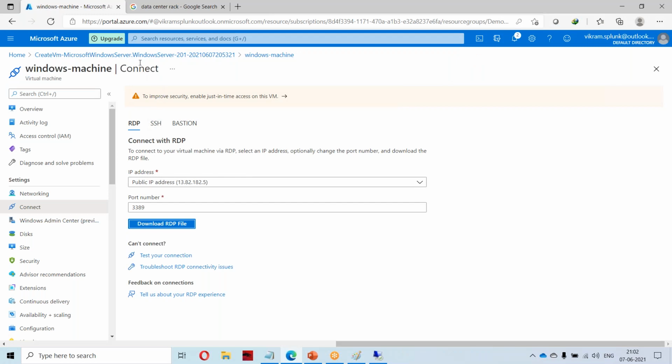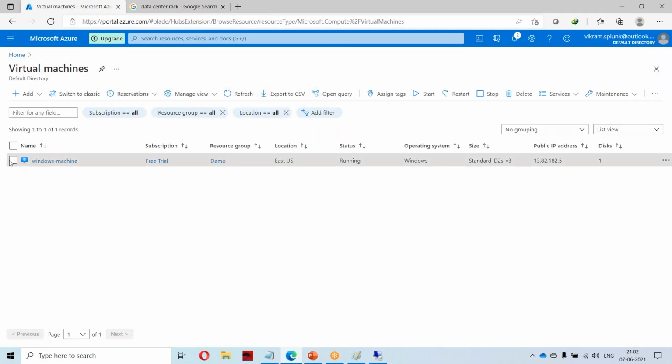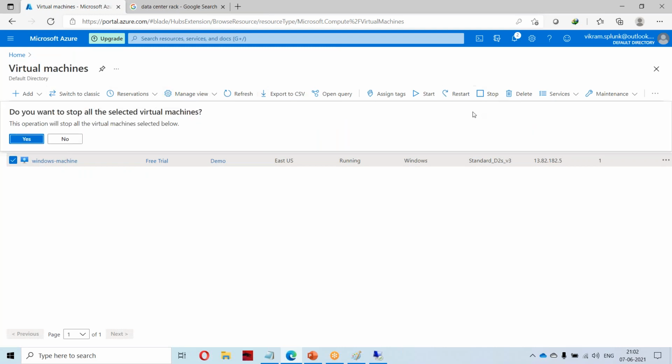So I came back to this machine, selected it, and I'm clicking on stop.